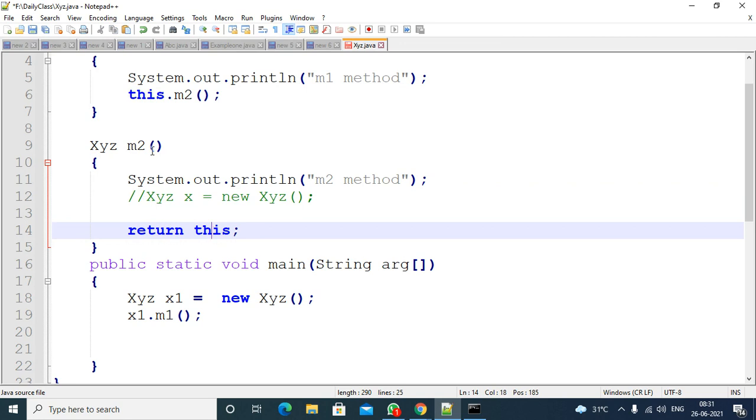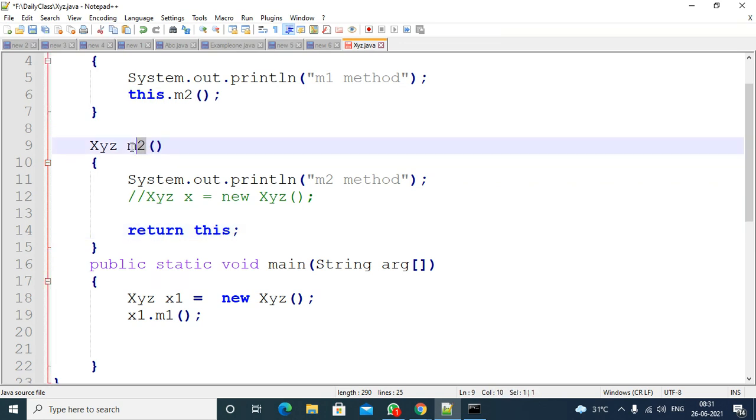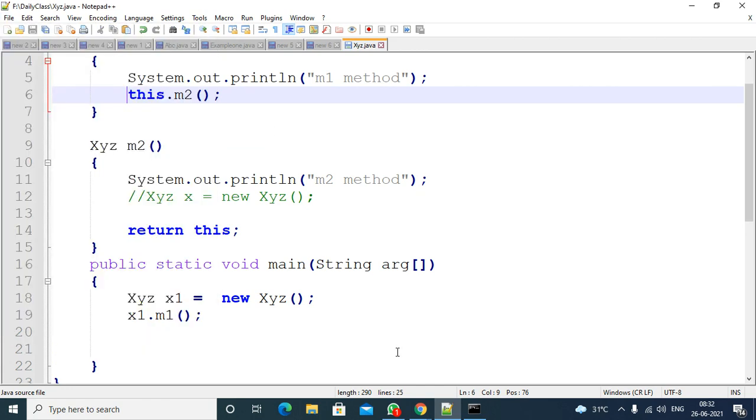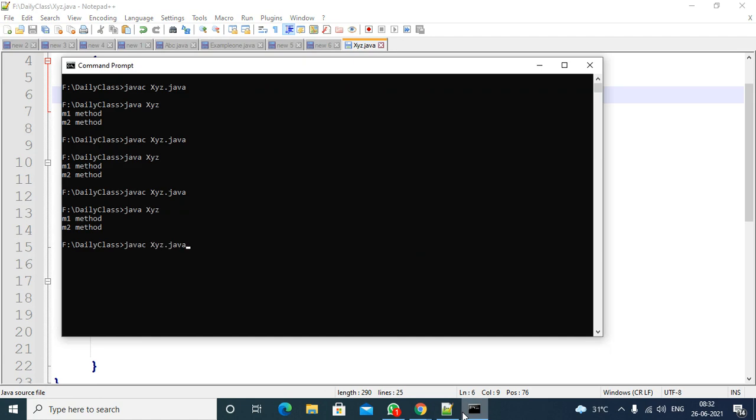That means whenever someone calls this method, it returns the current class object. Who is calling the m2 method? m1 is calling. So for m1 it will return the object. Actually, he has to store the value in some variable. By using that variable, he can update the data, we can print the data, or he can use the data. See here, compiling the code, compiled, executing the code, executed.